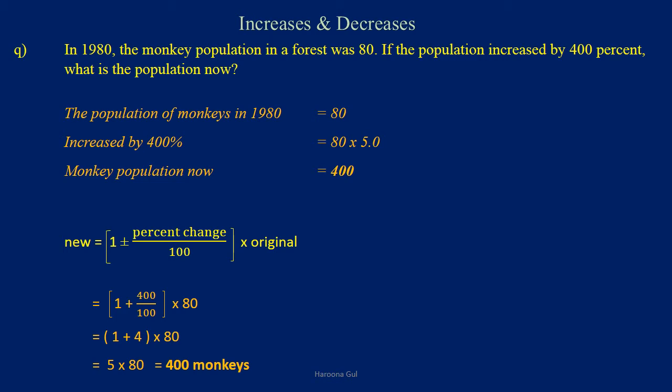Previously we were doing percent change which was well below 100, right? This time the percent change is more than 100, right? So let us start simplifying the question. Now the population of monkeys in 1980 was 80, and the increase is 400%, which means that we're going to multiply 80 with 5. You see, when there was a percentage increase of 25%, we were multiplying the value with 1.25. You see? So over here, we're simply multiplying the percentage increase